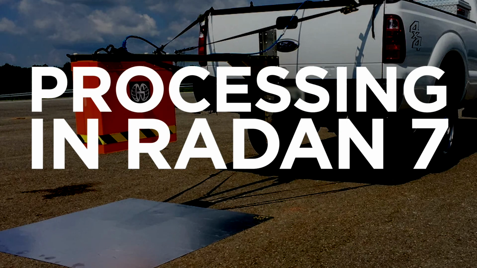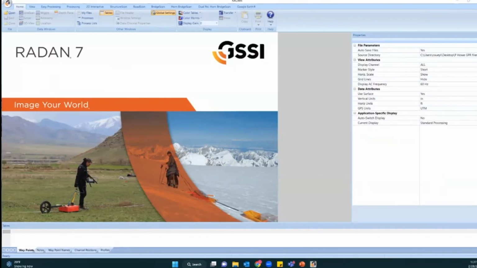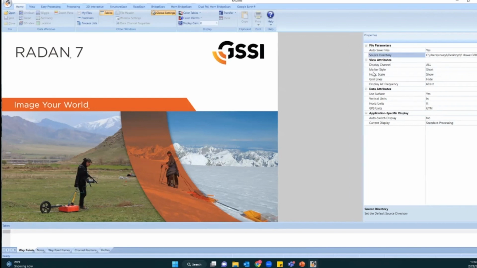RADAN 7 is what we'll be using today for data processing and all of our exports. So we'll go through one process from start to finish, and then I'll show you some other data that we can look at annotating. So first thing is first, always in RADAN, what you're going to want to do is